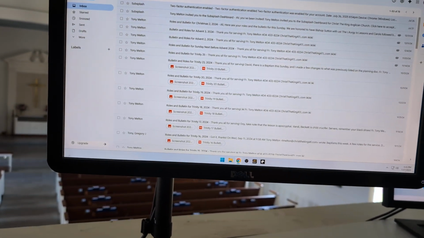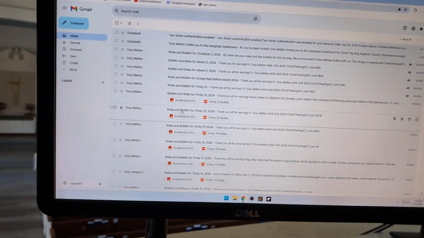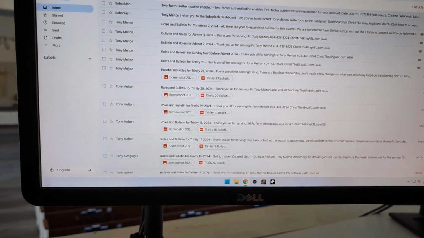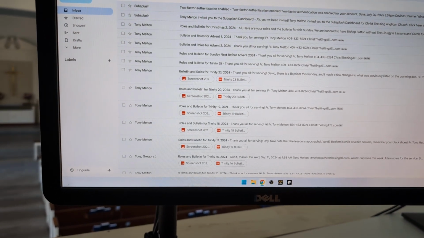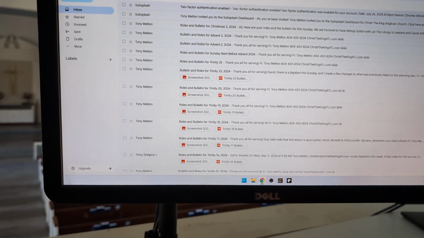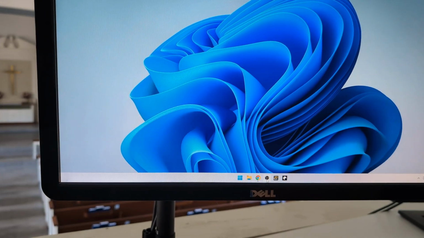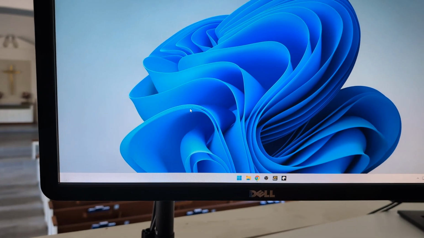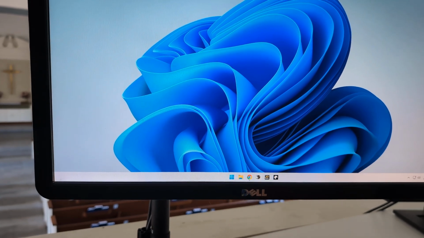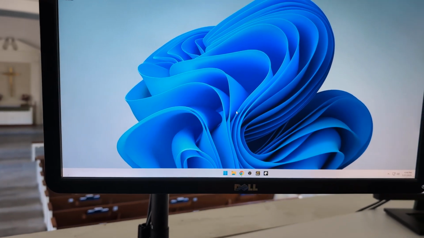So we're good there. We no longer get the emails for the roles and bulletins and everything, but I still kept that opening up when you open up your web browser. So there's not really anything to do in the web browser except double check you've got something scheduled. So I'm opening up OBS,